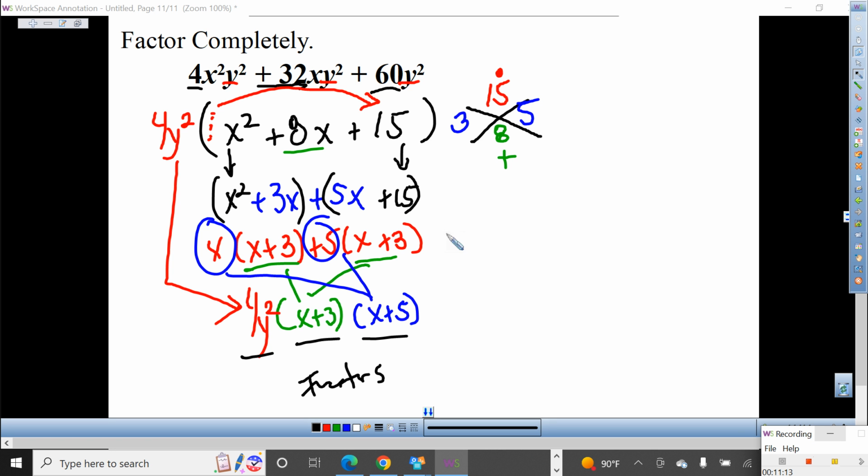Once again, what are we trying to imply? Make sure you check for standard form, make sure you check for GCF, bring down the GCF at the end with all the other factors, and that's part of the factors at the end. Now, if I was to ask you to check this,